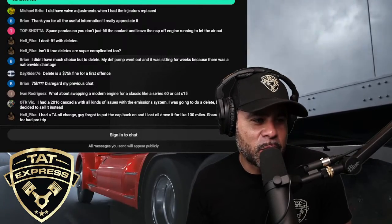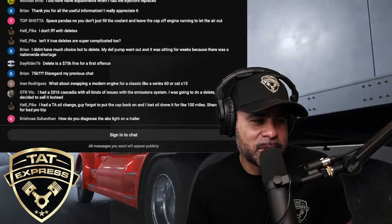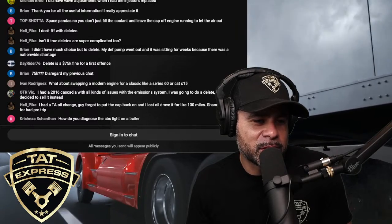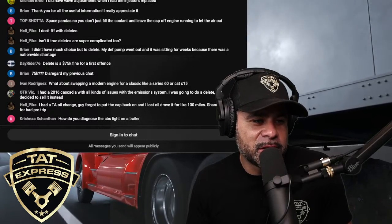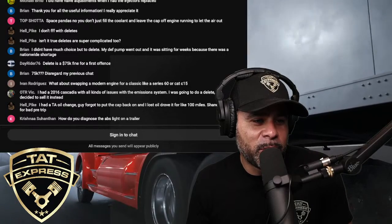Cummins reached an agreement with federal governments, California and Seattle claims regarding its emission certification and compliance process for certain engines primarily used for pickup trucks. So this wasn't for semi-trucks. According to the Department of Justice, Cummins agreed to pay. They agreed to pay because they could have got fined even more, but I guess they came to an agreement to pay $1.675